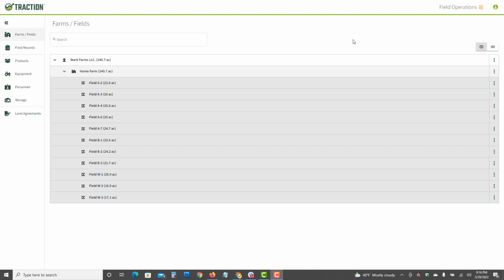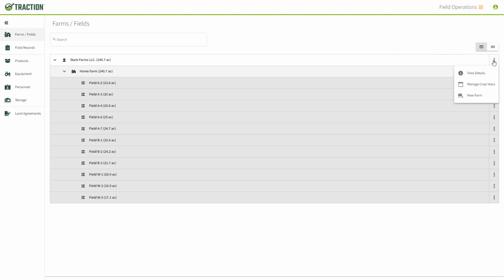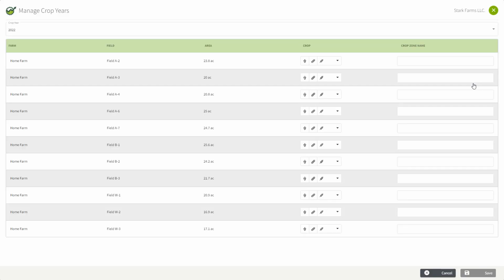Once your farms and fields are in traction, you'll have to assign the crop zone. To do this, click on the three dots on the very top row and choose Manage Crop Years. You will need to do this for each year. In my example, I have 2022 in the very top, and I will now select the proper crop for each